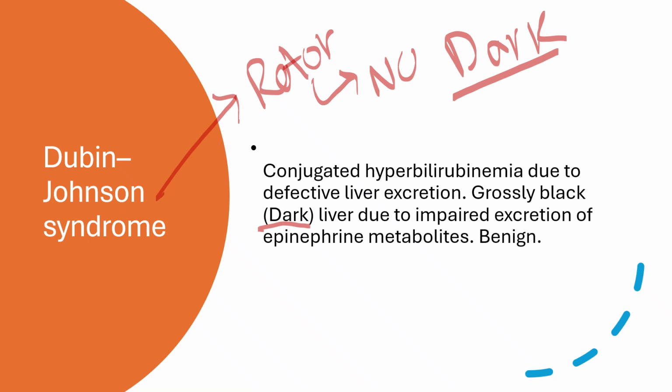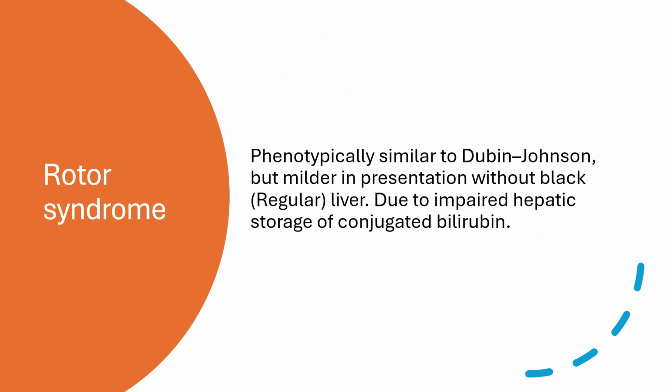Dubin-Johnson is basically conjugated hyperbilirubinemia due to defective liver excretion, right? The last one is Rotor syndrome. Rotor syndrome is phenotypically similar to Dubin-Johnson syndrome, but with a milder presentation, without the black liver, due to the impaired